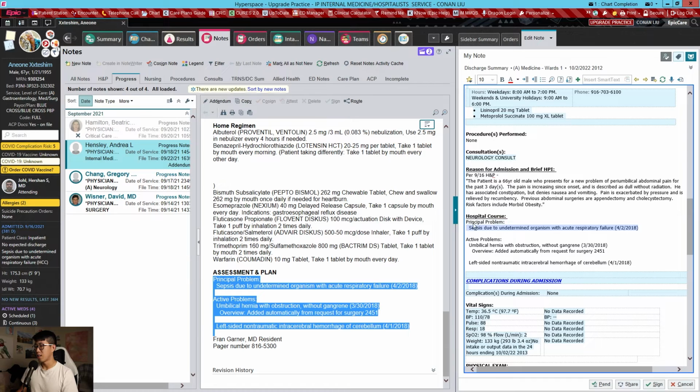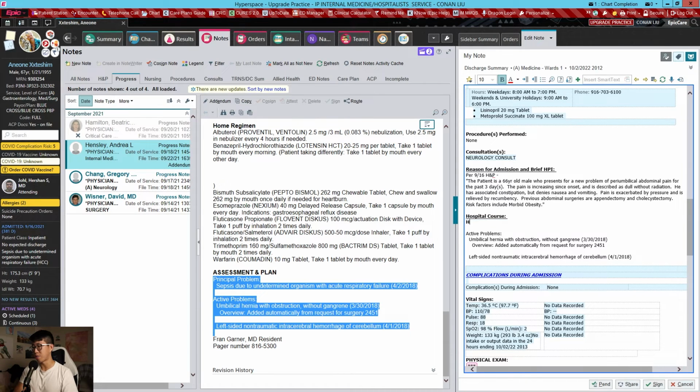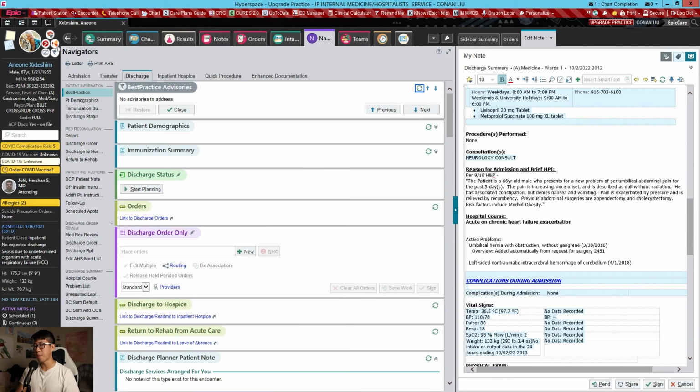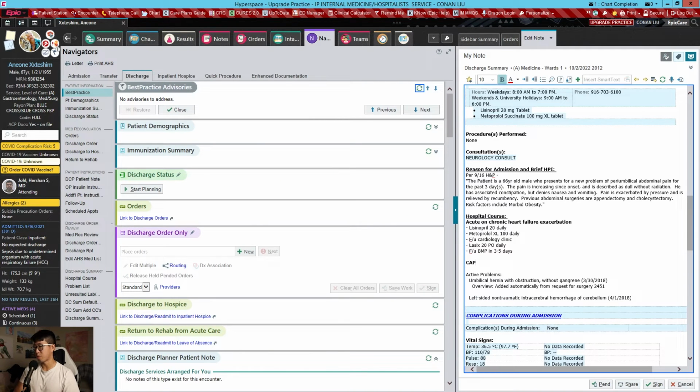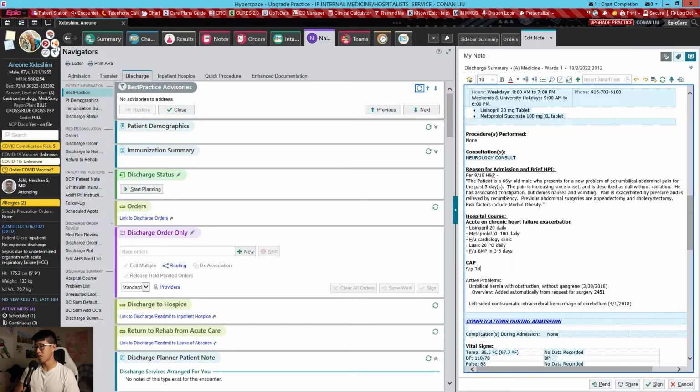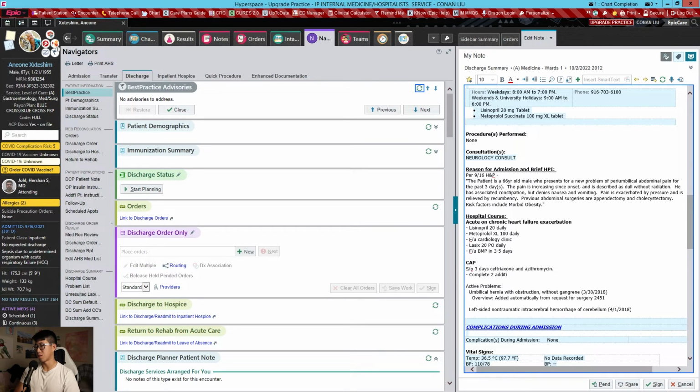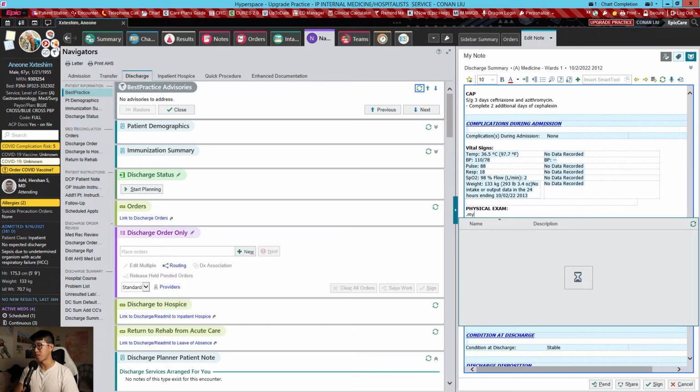So in this case, the assessment and plan would probably have been like acute on chronic heart failure exacerbation. There would be some details about what happened in the hospital, and then you would have community acquired pneumonia, status post 3 days ceftriaxone and azithromycin. Complete 2 additional days of cephalexin, which I did not order yet in the discharge orders. So basically, this will just tell the primary care doctor what happened in the hospital and then what the plan is moving forward. Physical exam, you're obviously going to just put the physical exam for the patient here,